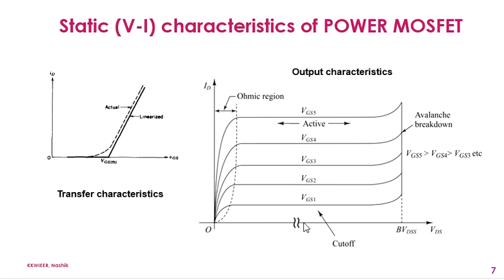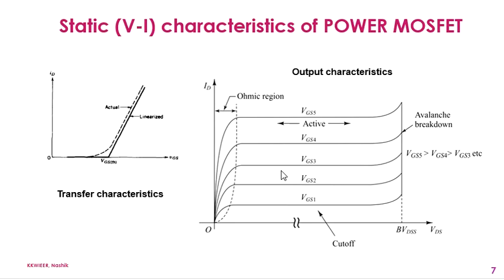So in this case, where nothing is getting conducted, for similar values of drain current ID, this region is called the cutoff region. Where the drain current ID is constant, this region is called the active region. When the breakdown occurs, after breakdown a high amount of current will flow at BVDSS, where the S subscript is for saturation and BV means breakdown voltage. At this point avalanche breakdown will occur, and this region is called the saturated or saturation region.